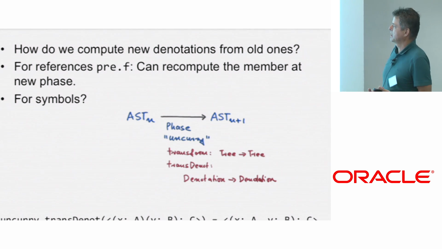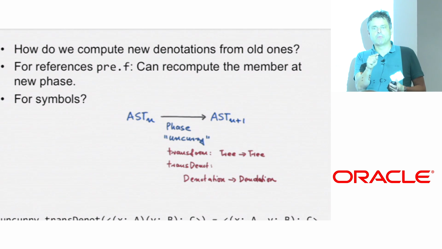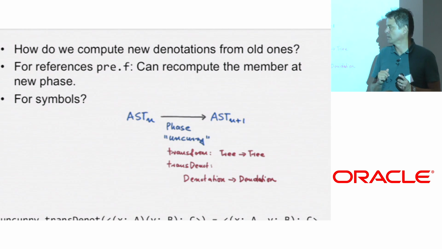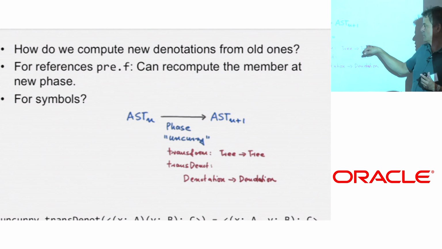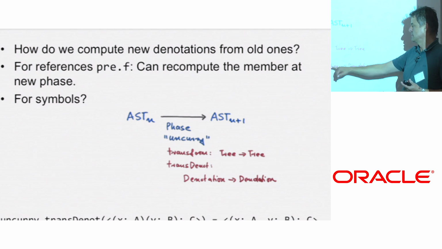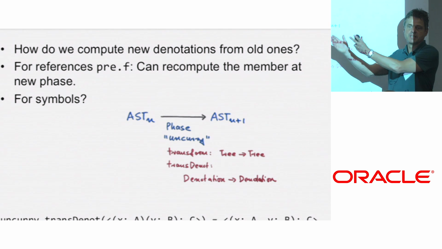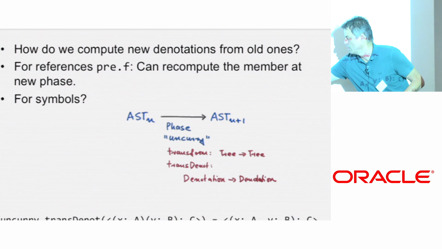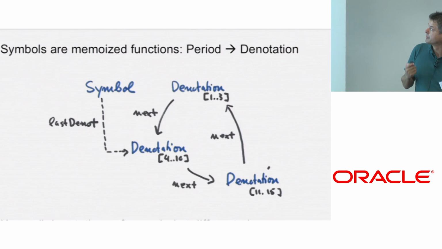So what I need to do instead is essentially, when I use a symbol, I want to be lazy and compute its meaning at a given period from what it had when it was loaded. So what I need in each phase is essentially two methods. One is the tree transformer, which transforms one tree to another. It essentially gives me the transformed trees. And the other is the denotation transformer, which says: I give it a symbol and it says what its type was before your phase, and what is its type afterwards? So for instance, in the uncurry phase, the denotation transformer would say, well, if a symbol has this type, then afterwards it will have this type.